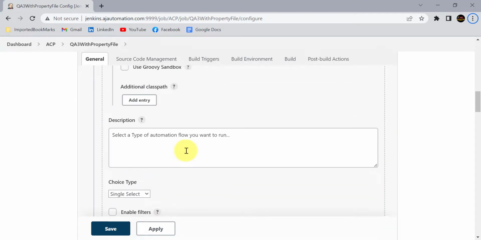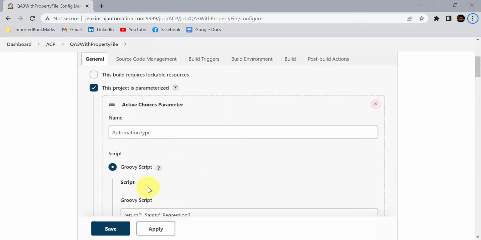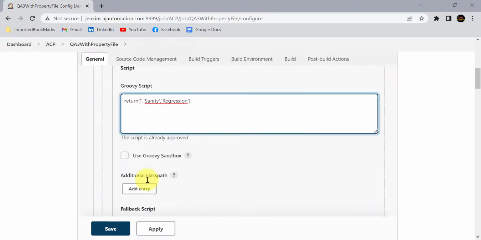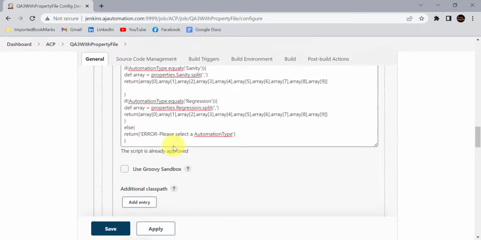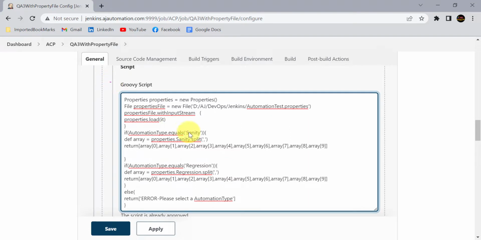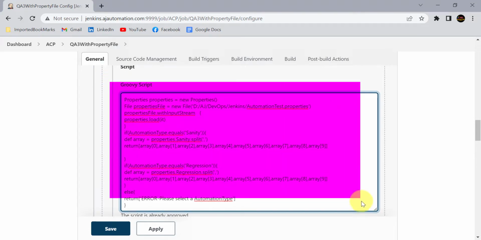You can see for automation type we have selected a blank value as a default value, so for this default value it will show you this error. So the user will come to know that he needs to select the automation type first before building the Jenkins job. This is the simple Groovy script to get the values from our properties file